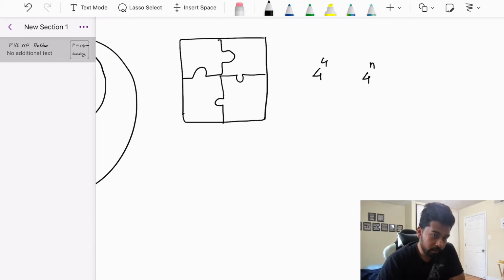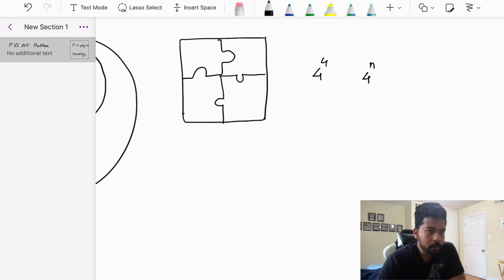Now, if I gave you the solution, and I said that, here's the complete puzzle, or here's what I think is the complete puzzle. Check if the puzzle is complete or not. All you need to do is go to a piece and check if that piece is connected to all of its neighbors or not, like properly connected, right? So if you had n pieces,